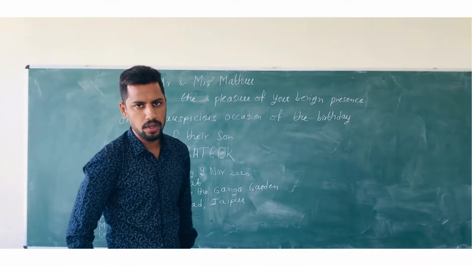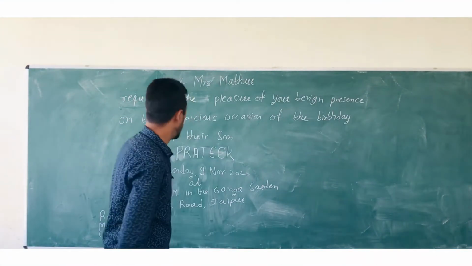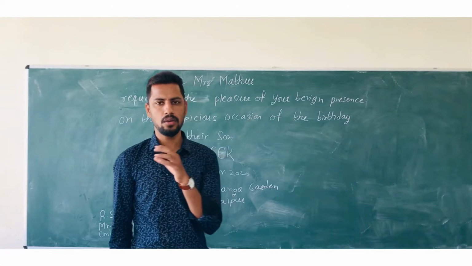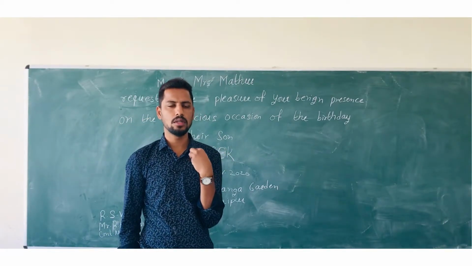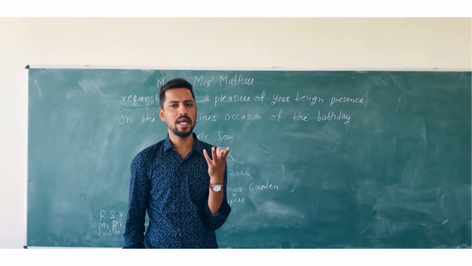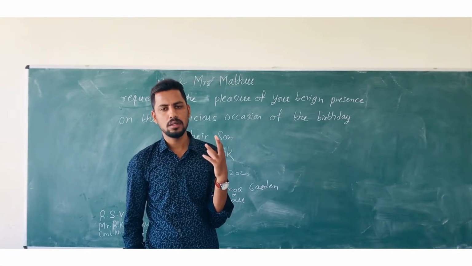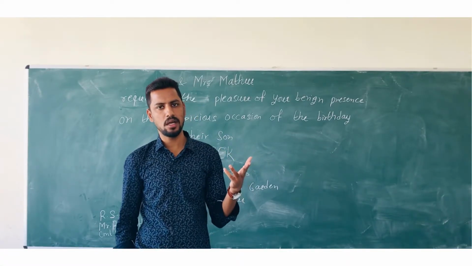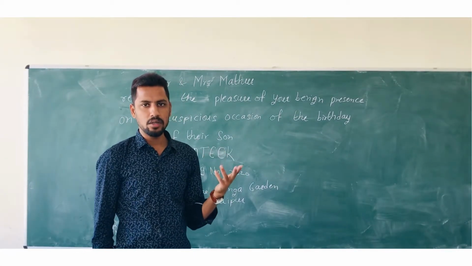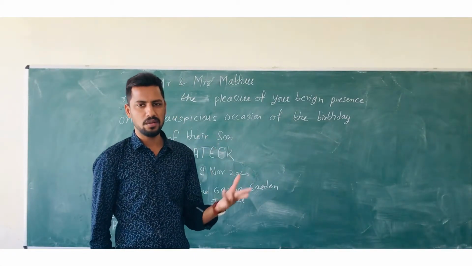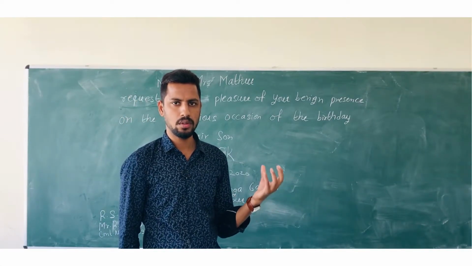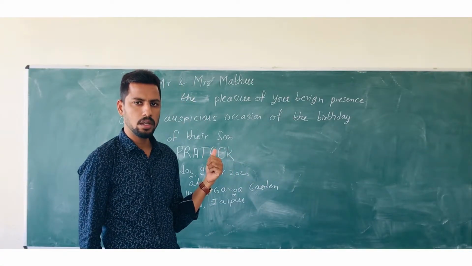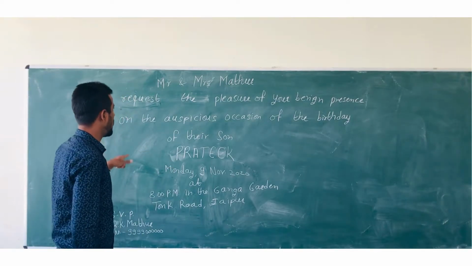Okay students, after looking at the format, let's go to the example. The question in your question paper will be like: you are Mr. and Mrs. Mathur, you have your son's birthday party, and you have to invite your friends and relatives on the occasion of your son's birthday party. This will be the venue, this will be the time, or you may imagine the venue and the time and date and day also. So please invite your family members or the relatives. Write a formal invitation. So you will write like this: